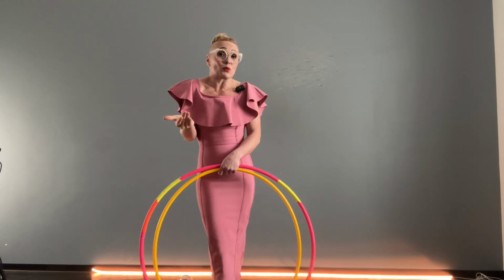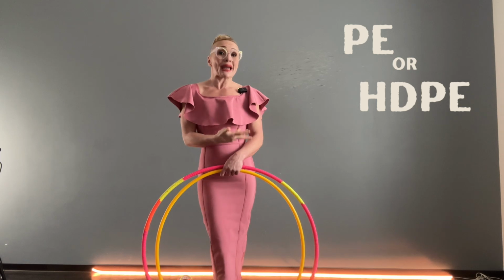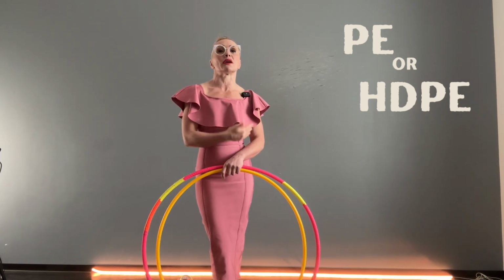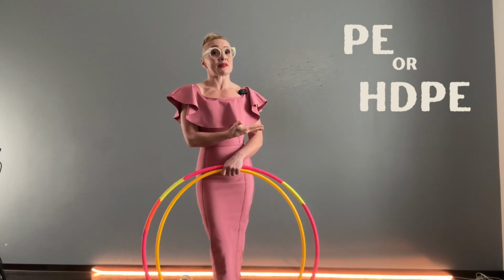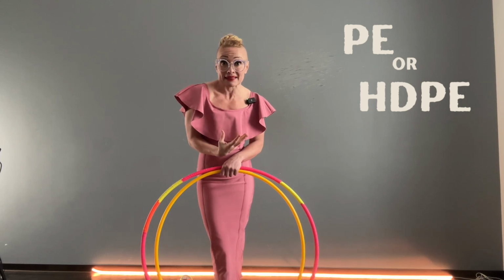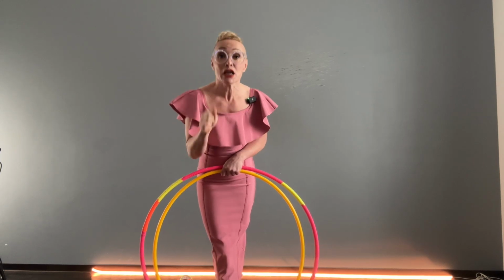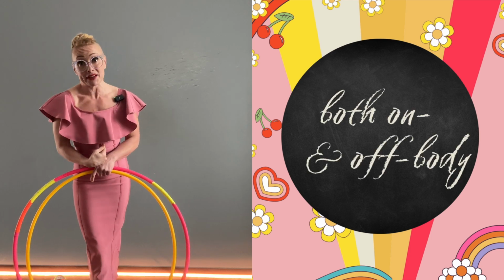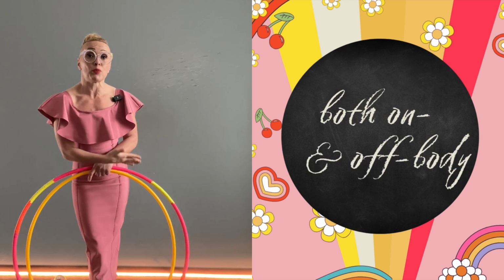And this is the reason why I recommend PE or HDPE hula hoops, because those are really amazing for learning on and off body moves as well, and they are brilliant for full body holistic fitness. I must put my top tip here, because if you would like to train your whole body like I do, and do on and off body moves,